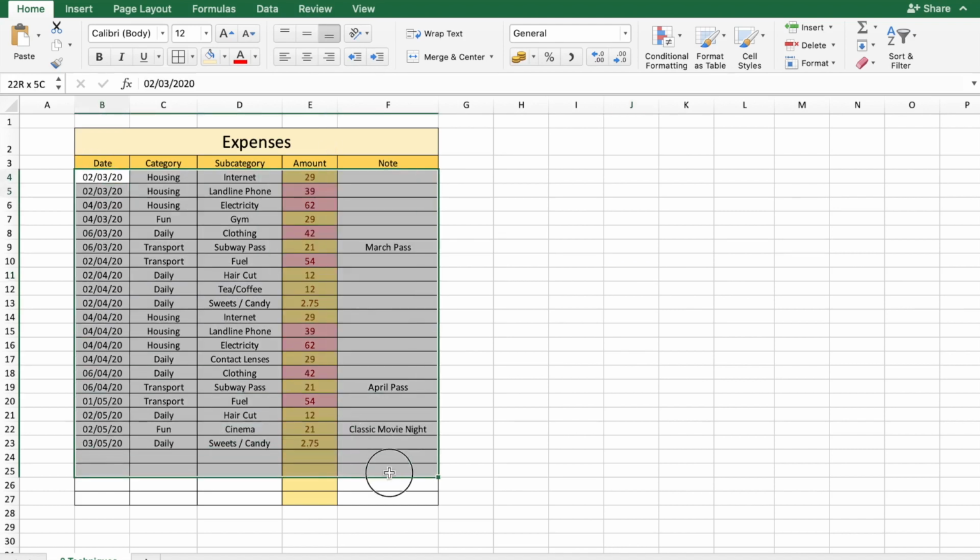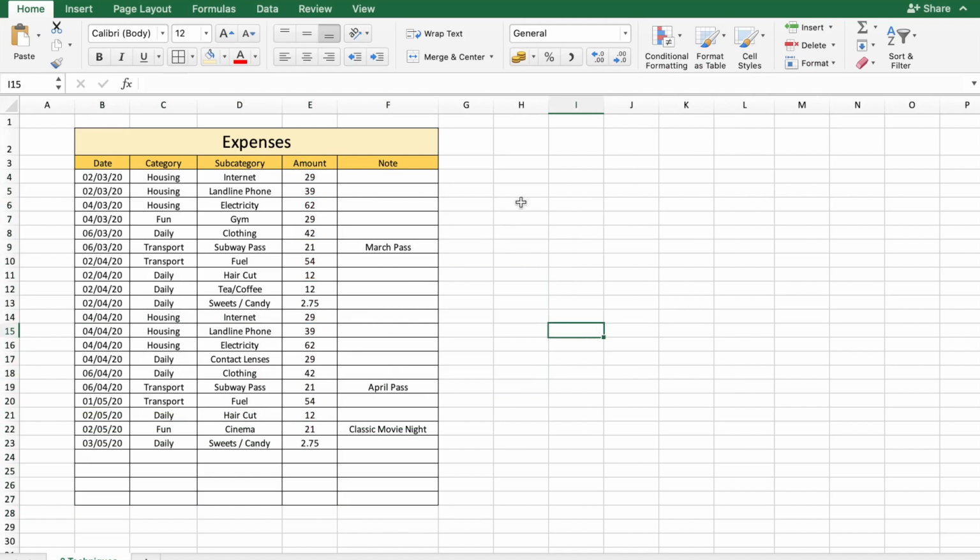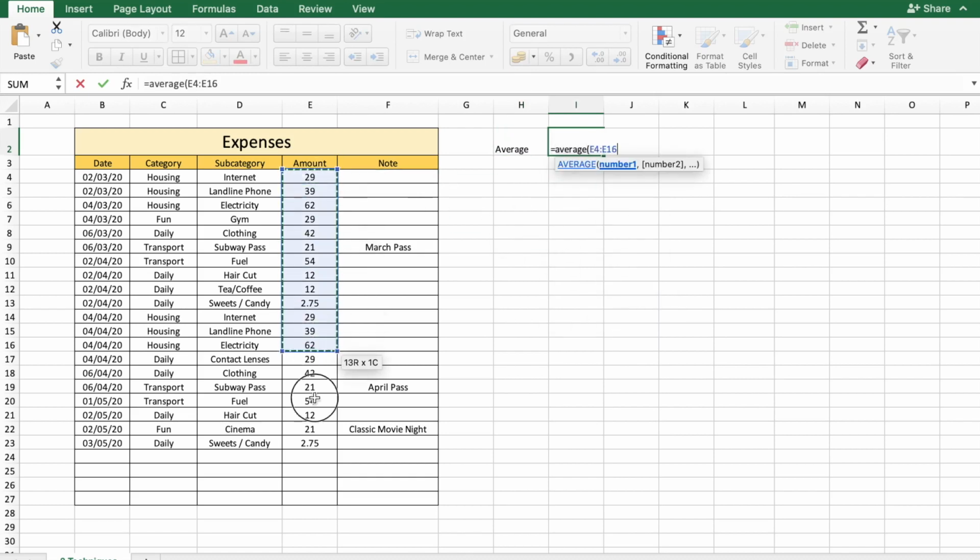So first let's clear the conditional formatting here and let's calculate the average. So I'm going to calculate the average of the column E. I'm just going to say average of these cells. There.